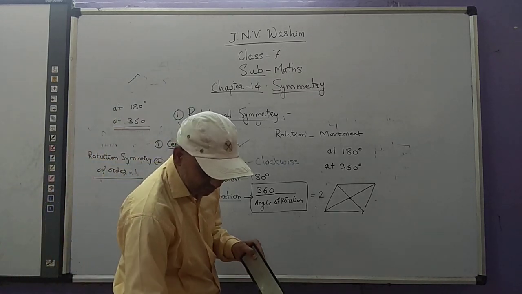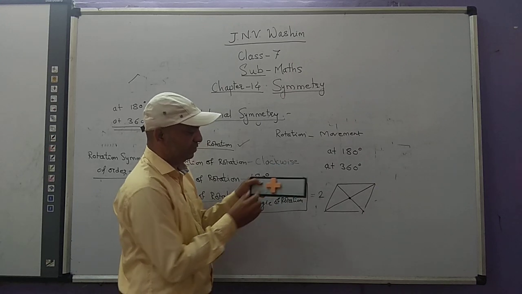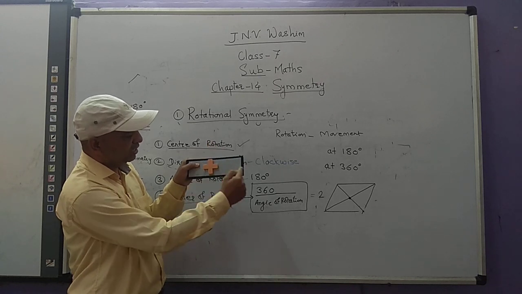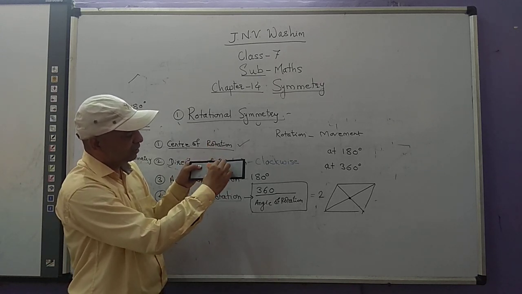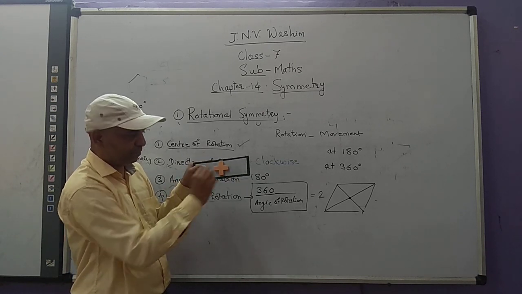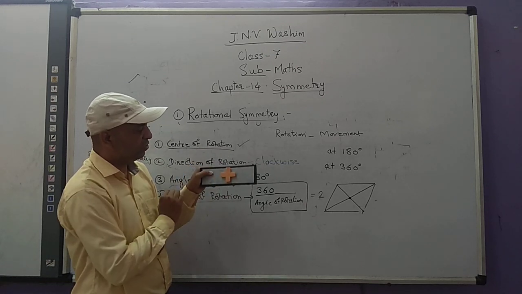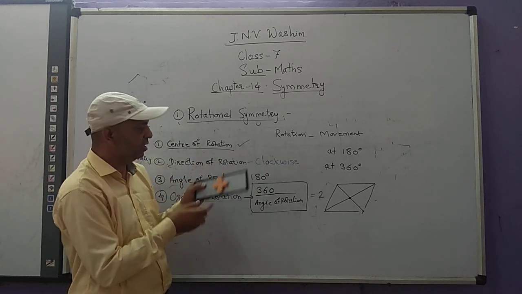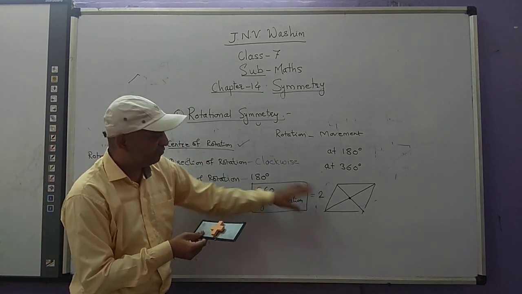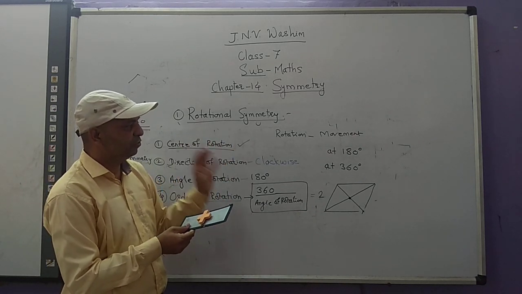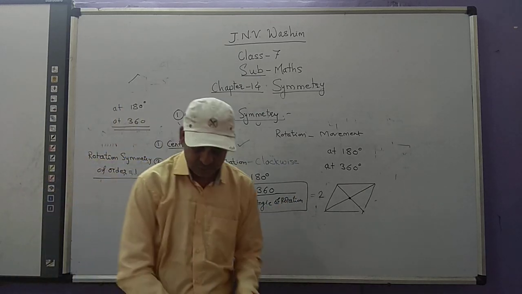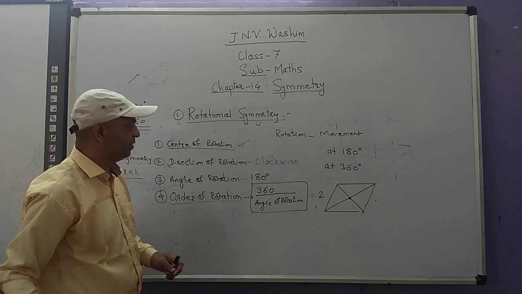Again take the shape. This is the mathematical symbol plus. It has a vertical line of symmetry with the same coinciding, a horizontal line of symmetry, and on rotation through 90 degrees, the same shape. Again through 90 degrees, same shape. Again through 90 degrees, same. So the order of rotation here is 4, because this shape occupies the same position at 4 angles: 90, 180, 270 and 360 degrees. So it has 4 lines of symmetry. Okay, so these are about rotational symmetry.